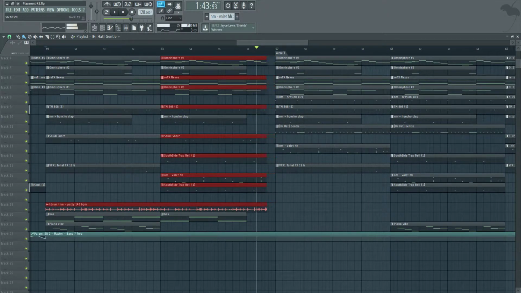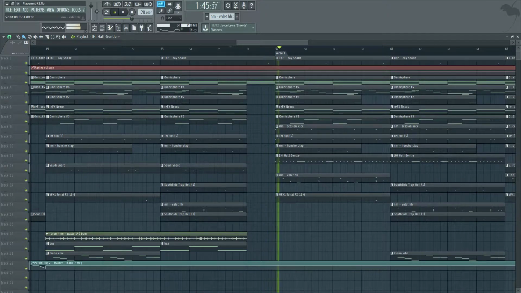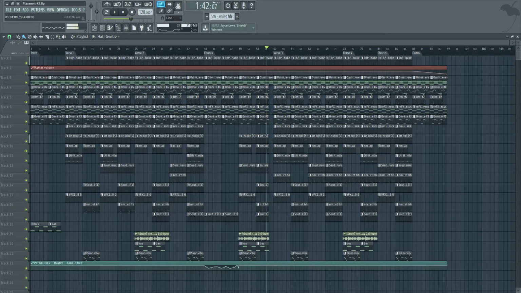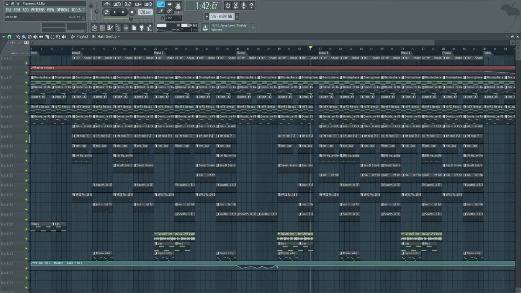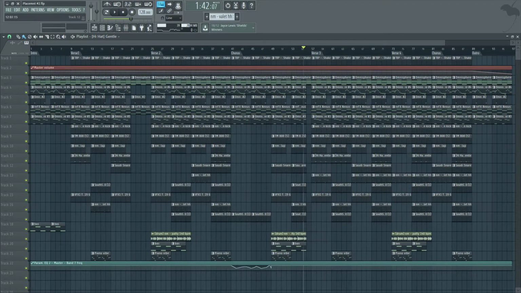And then here, I think I'm just going to turn all this off and then make it like... Now, I think that sounds pretty cool. I think there's nothing wrong with that. I'm also going to, just for a bit of variation, take the bass out here. So I'm going to take a lot of this stuff out here, maybe the main melody here, and then at the end of the first fourth bar,